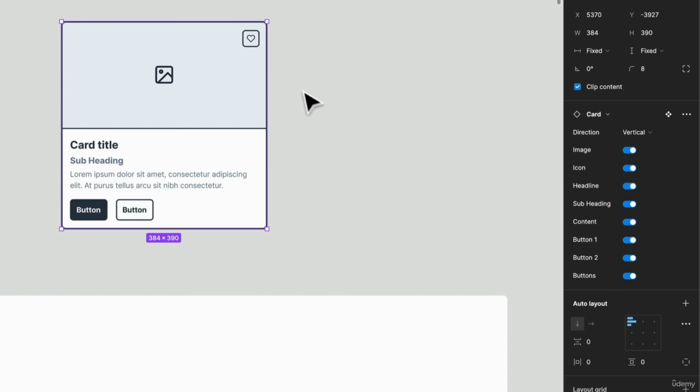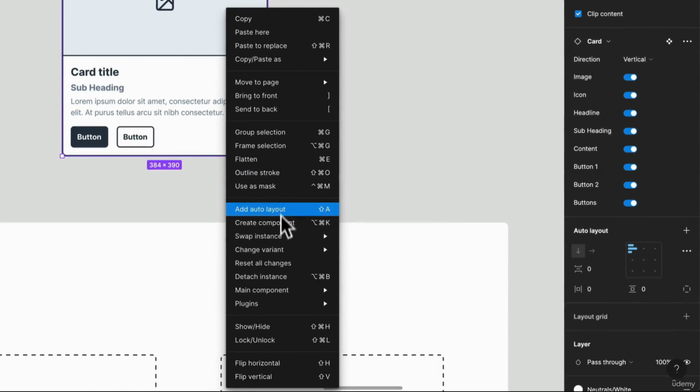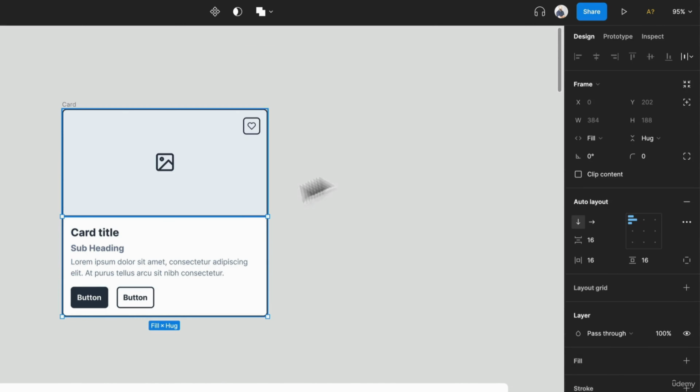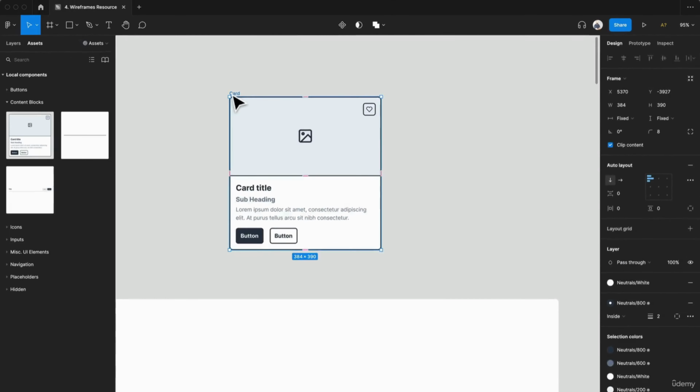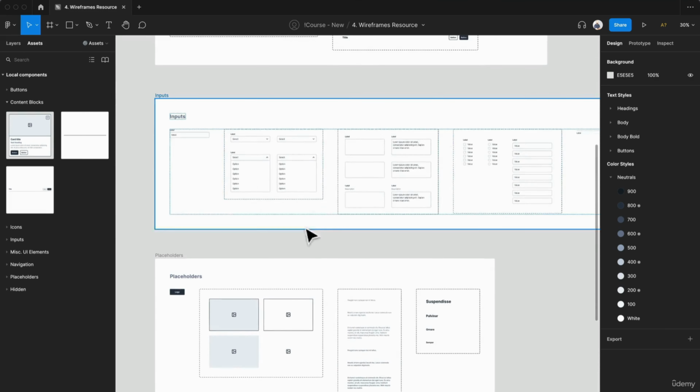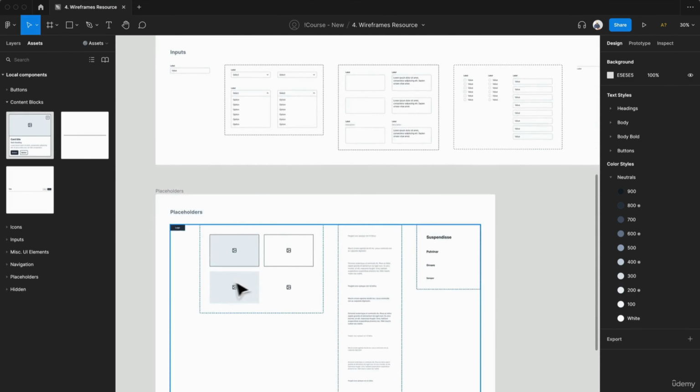So there's a lot of different things you can do with those properties just to turn off things that don't necessarily suit you. And if you can't find anything that works, just detach that instance by right-clicking and going over here. And then you can make that card whatever you want. So definitely a lot of flexibility here. You're going to have a lot of different types of components, different types of inputs, different types of placeholders that